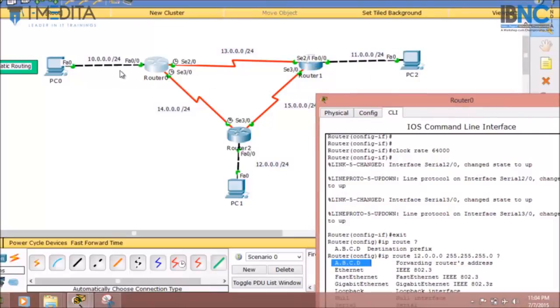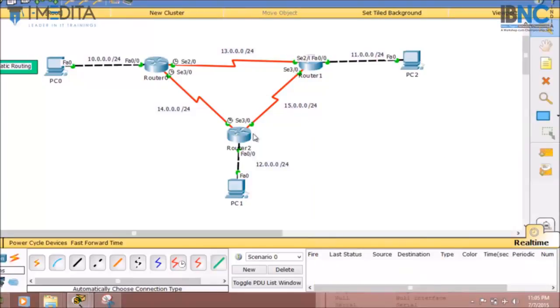So if I want to reach PC1, I have two paths, one from the router 1 and the other one is from the router 2. So in static routing we can manually define from where the packet will flow. So if I want to go to PC1 from PC0, we have two paths here. One is via router 1 and the second is via router 2.